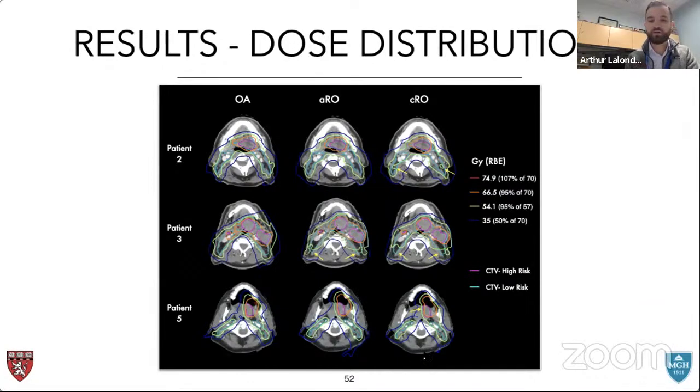Patient 5 is a case where we had more inconsistent repositioning of the patient. It's a treatment of the base of tongue, and positioning was challenging from one fraction to another. We have a cold spot in the high-risk CTV coverage using classical robust optimization. But here it's a good example of how, by adding a few representations of the patient anatomy using multiple CTs to optimize the plan,